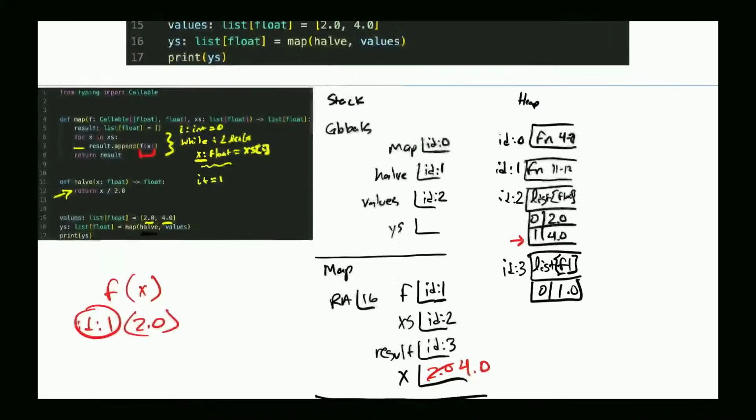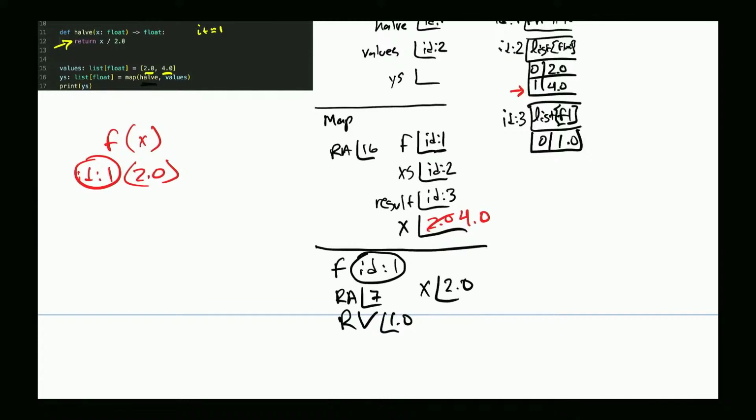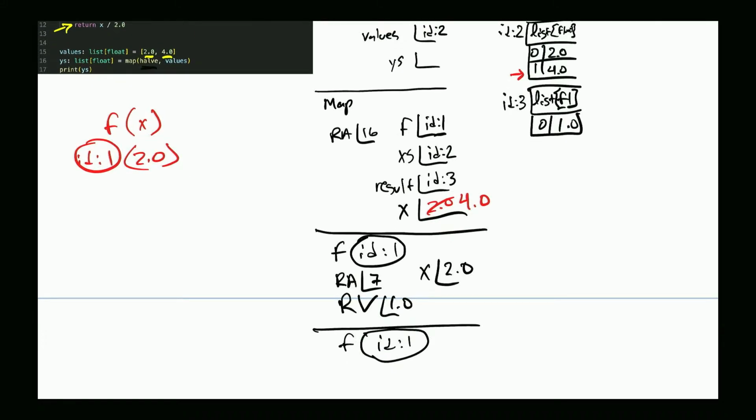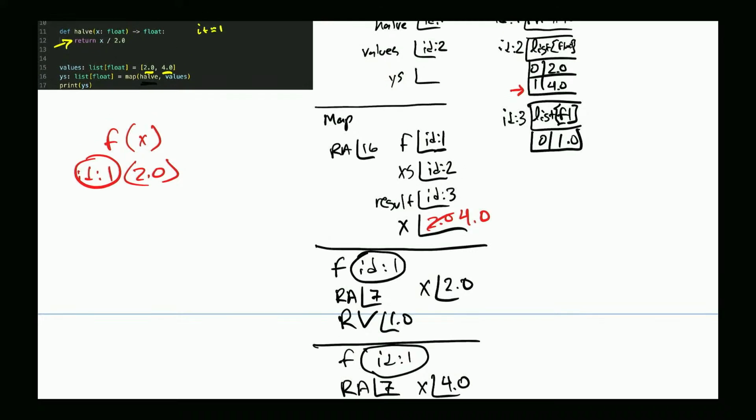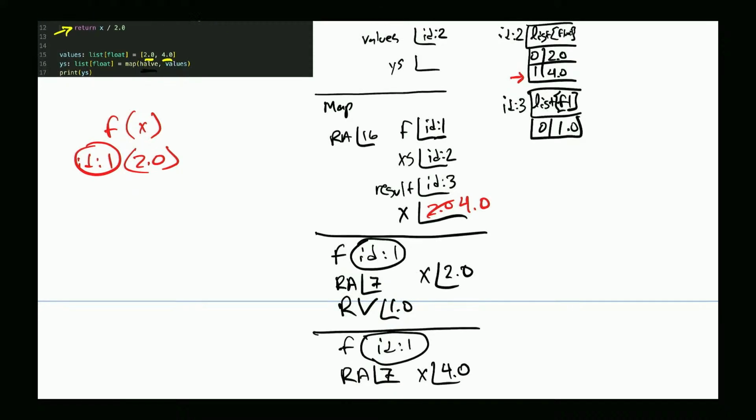And we go through the same set of steps, right? So I add one more frame. We're calling the function f. The ID is 1. That's our function. x this time around is 4.0. Return address is still line 7. We know that this function is just dividing by 2 and returning that value, so x's value is 4. 4 divided by 2 is 2. So the return value here